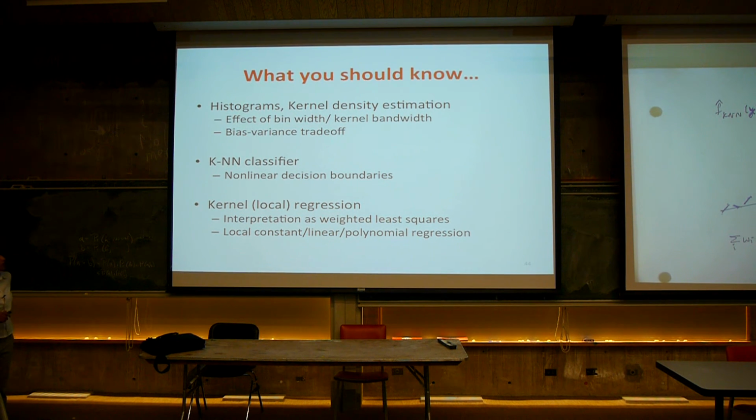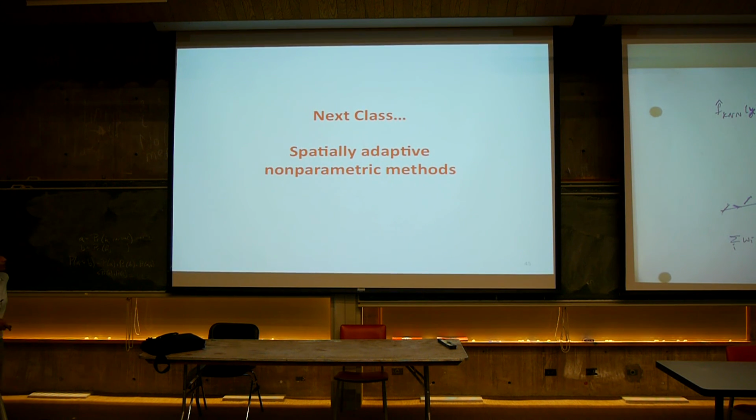And then we talked about the local kernel regression, which can be interpreted as this weighted least squares problem. And again, we will probably have a question in the homework. You get to play a little bit more with what the weighting means, how it's local versus global fits, and so on. Right. Okay, so I was going to do this in the next class, but I think we went by